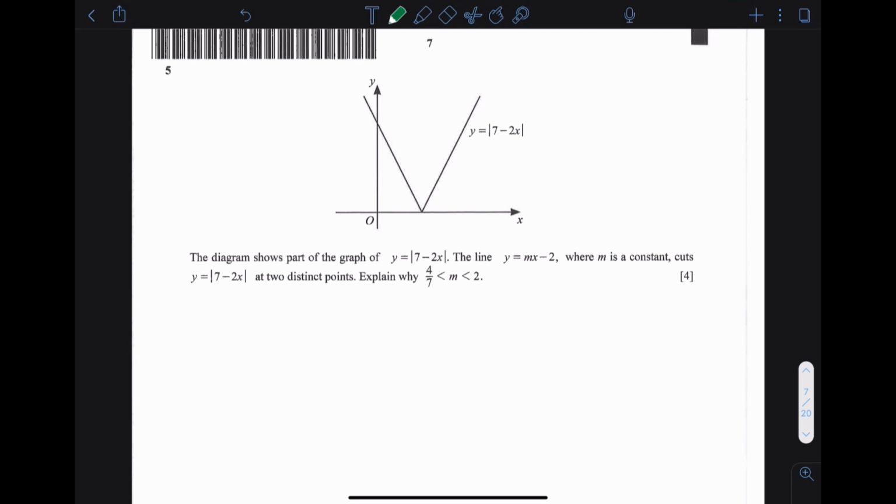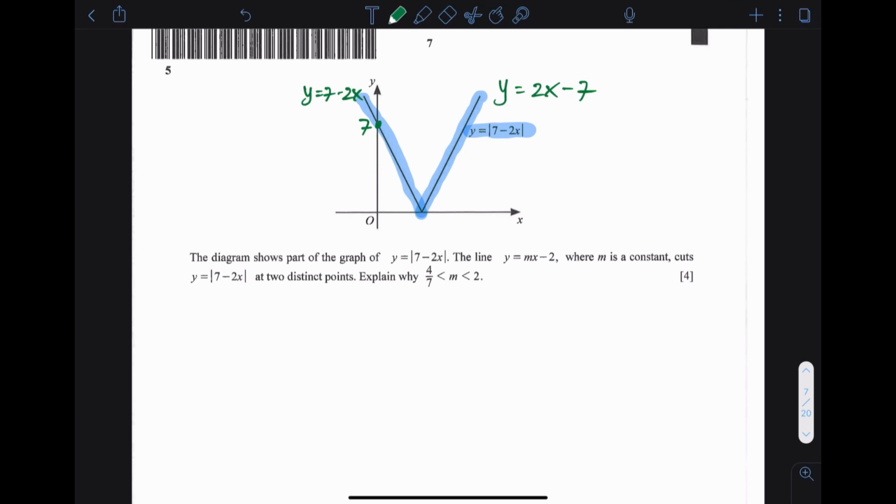Question 5. This is a modulus equation. Before we start, I like to comment on some properties of a modulus equation. If they give you this modulus equation, it actually means that this graph is made by two different lines. The first line that is going upwards is the equation y equals 2x minus 7. The gradient is positive because it's going up. The next one, the line on the left, is y equals 7 minus 2x, since the gradient is negative because the line is going down. Hence if you want to find the y-intercept, it's quite simple, it's just 7 over here.